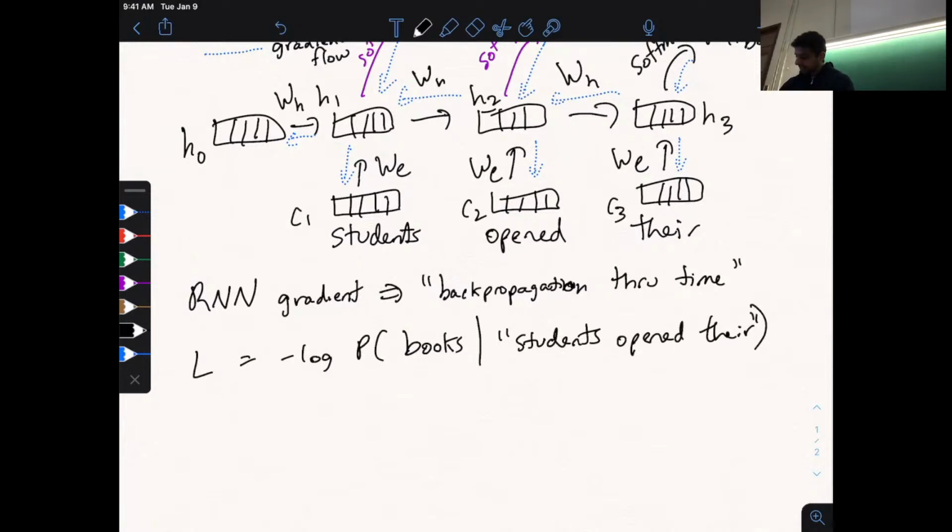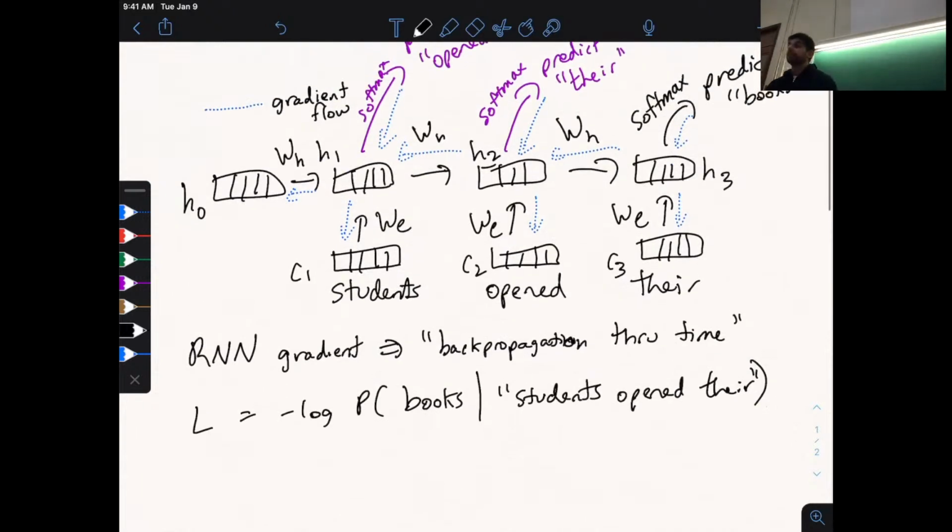And last class we talked about how this is just the cross entropy loss with regard to a one-hot training distribution where 100% of the probability in the training distribution is put on books because that's what occurs in the training data. But now we actually have 3 different loss functions, one at each point in the sequence,